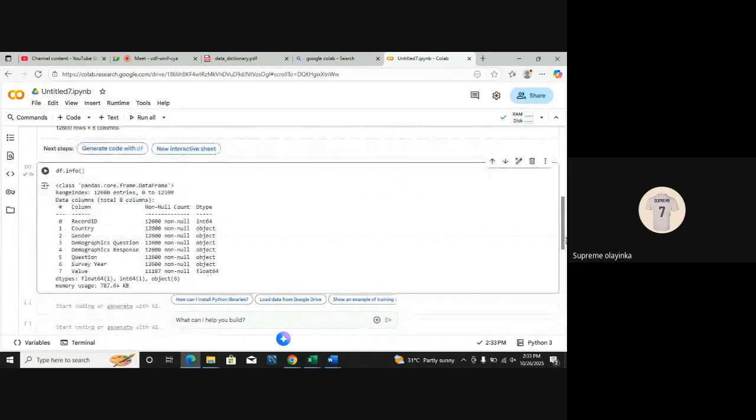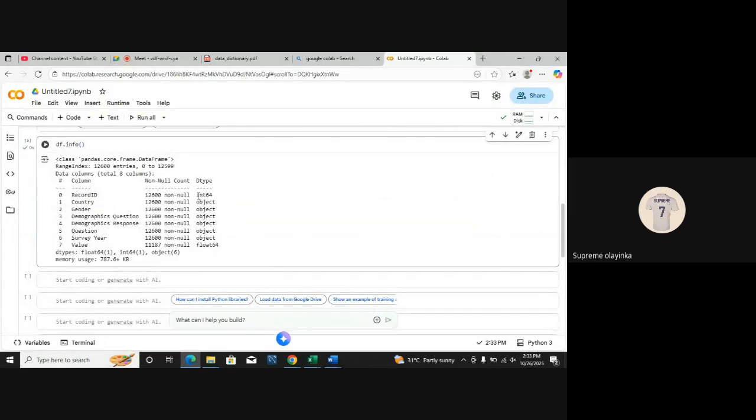So now I can see I have some information. I can see int means what? Integer, right? Then we can see we have object, object, object, object. So let's say something. This survey here, this data type is supposed to be a date, but you can see it is actually object. So how can we change from string data type to date data type? Those are the things we'll be doing as we move on.